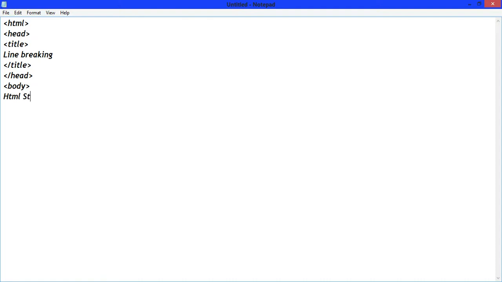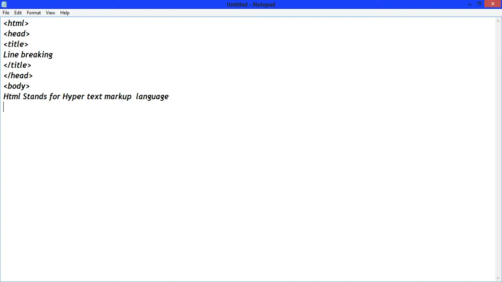Right here, HTML stands for hypertext markup language.